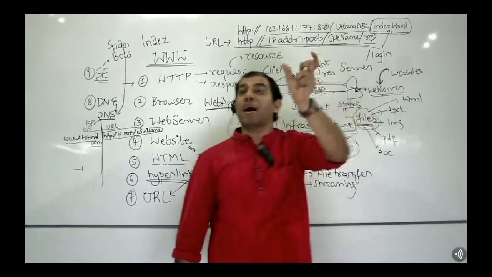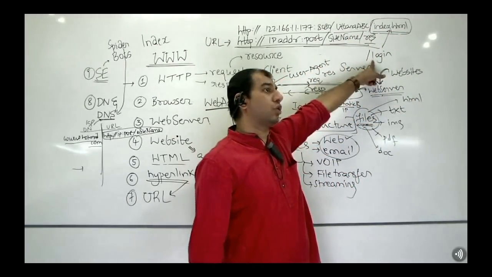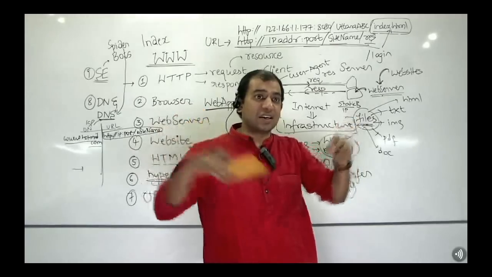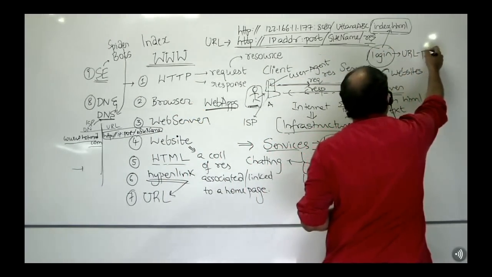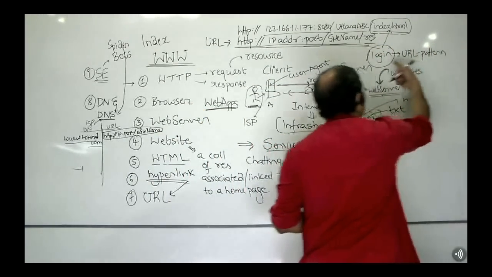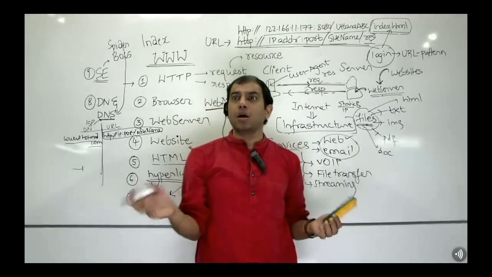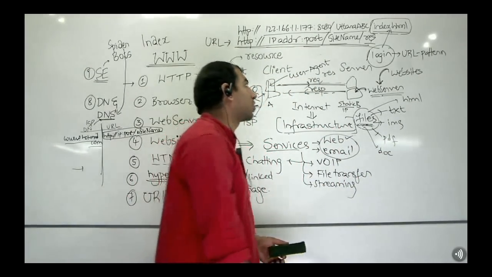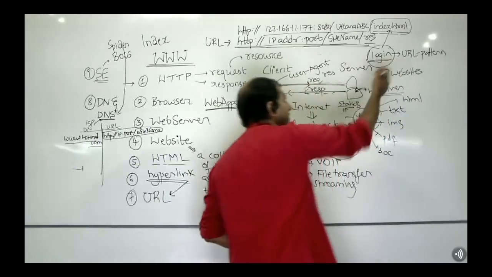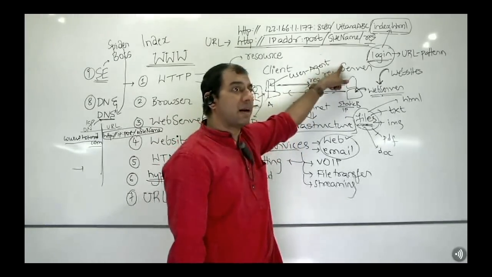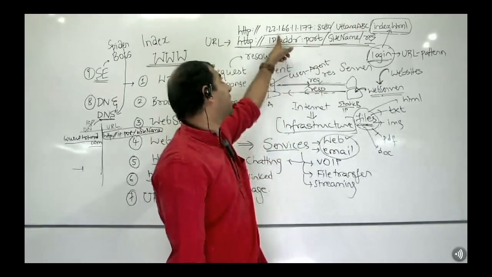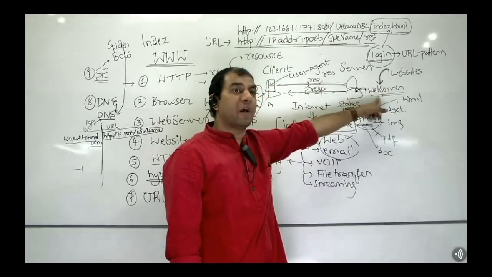A static resource is a file name with an extension. A dynamic resource is just a text. We call this a URL pattern. It's just a pattern, that's all. It is not a file with an extension. So when you now ask for this request, remember, the request goes to your server, and the one that will be executed in the server, based on the port number, is your web server.